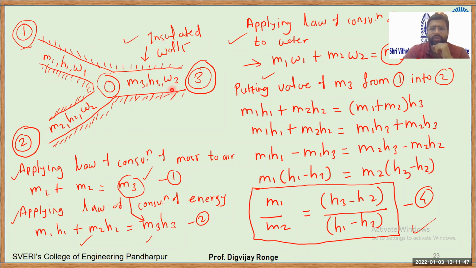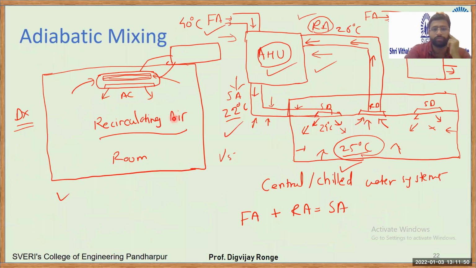Okay. So why we are studying this, I have explained to you in the last lecture. In industry we have AHUs, which are called air handling units. Very common air conditioning equipment in industries. So what happens in this case? So this was the room we have considered. AHU takes the fresh air as well as return air from the room. Okay, it mixes these two together, then it does its function of cooling and dehumidification, or cooling and humidification depending on application, and then it supplies the supply air with the help of diffusers to the room.